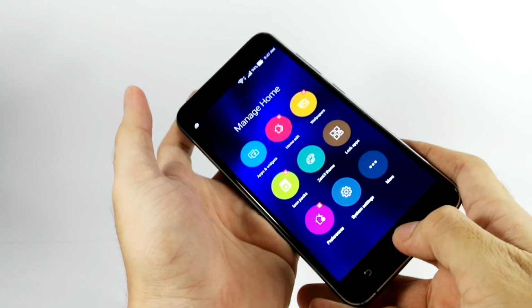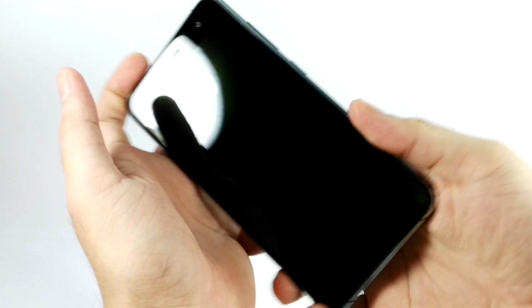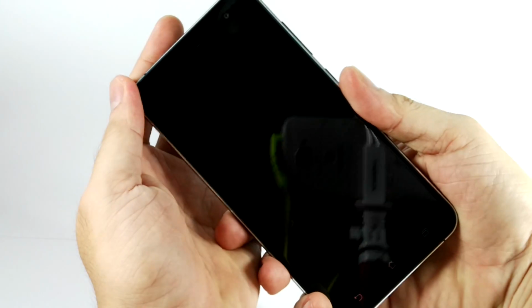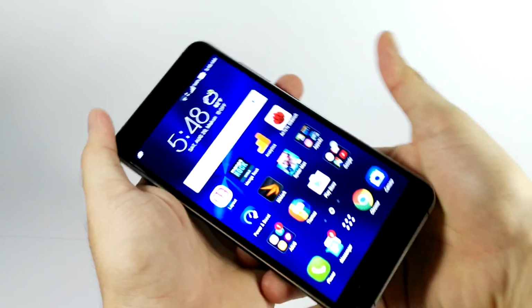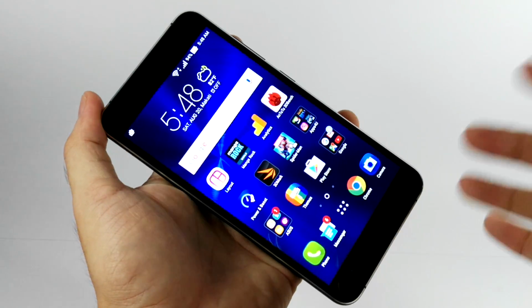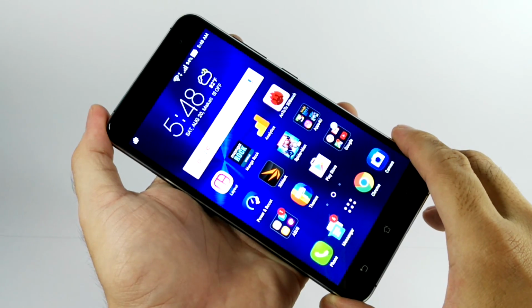It has a rear-mounted fingerprint scanner, which is very fast. For example, I'm going to lock this up for you. Then I'm going to turn it on. Just like that. Off. On. You won't get that kind of performance, for example, from the Cherry Mobile phones right now, like the M1, which is their Deca Core phone,